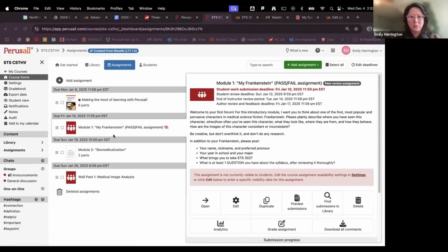I'm trying to keep the course simple so that the cognitive load is not on interacting with the course, it's on the actual course content and the group and individual critique. So I think it's okay to have a pass-fail assignment in the first week where they're mostly introducing themselves. I don't think that's too much.